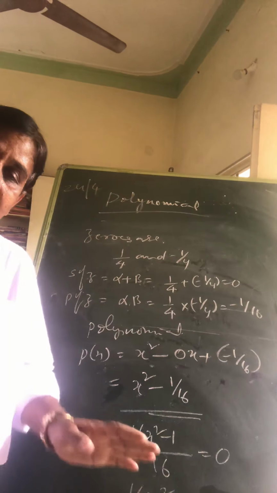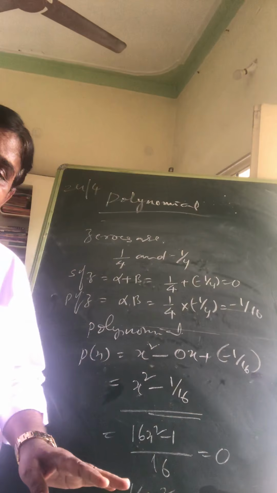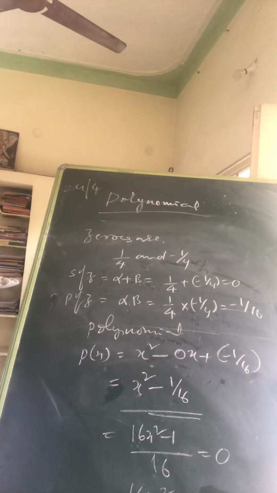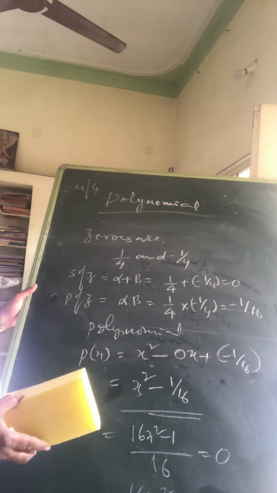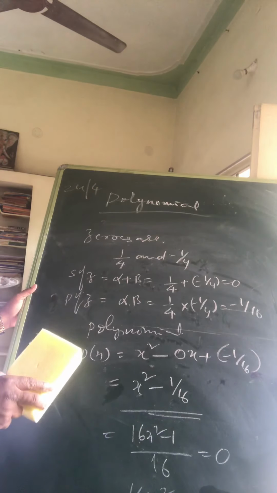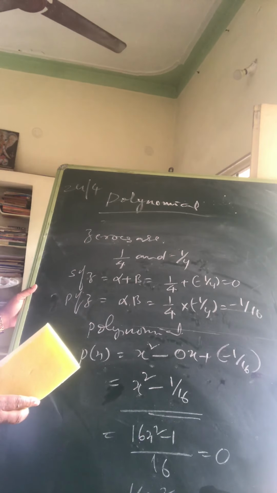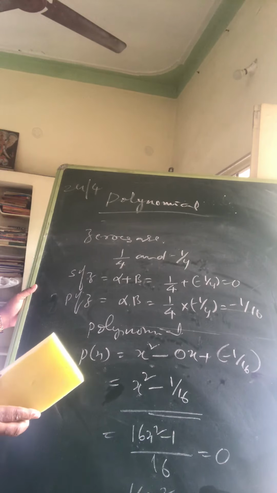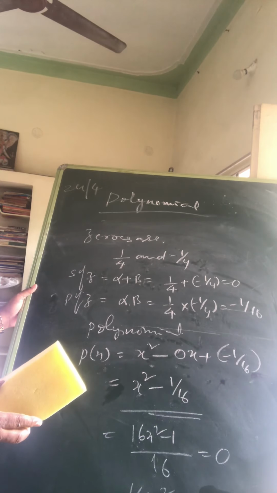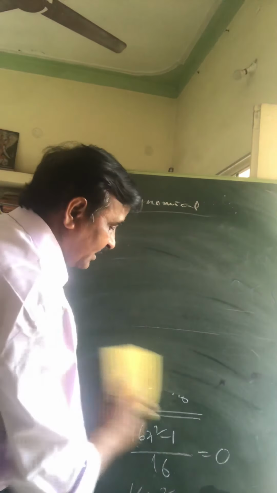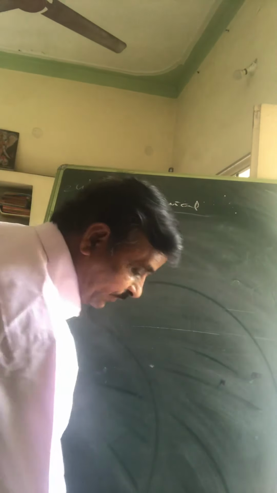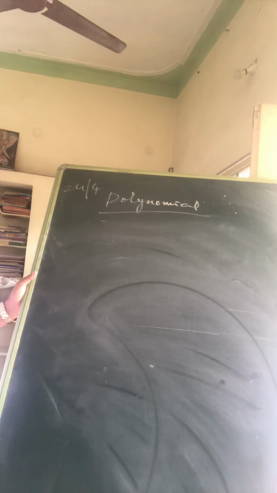Okay. And we have to discuss one more thing here, the relation between these zeros and coefficients. To find the sum of zeros and product of zeros in these cases, we have to solve for the zeros and then find the sum and the product. But we need not calculate that. Now we are going to take another method, which is called the relation between coefficients of a polynomial and zeros of the polynomial.